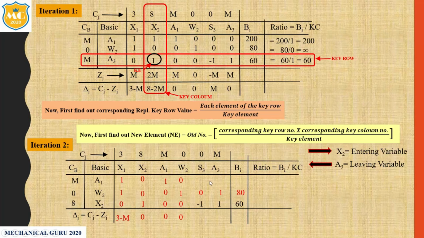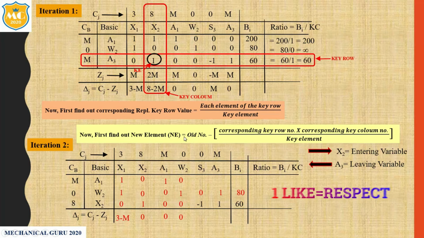Now only we have to find out this value. Okay, so this is the trick to find out the value. Now this 5 value we have to choose this equation. Let's see how to find out. So first we have to find out delta j value here. So this is our new element.